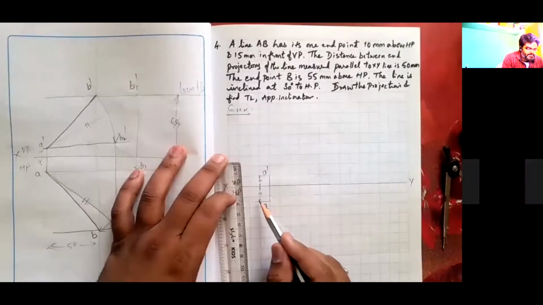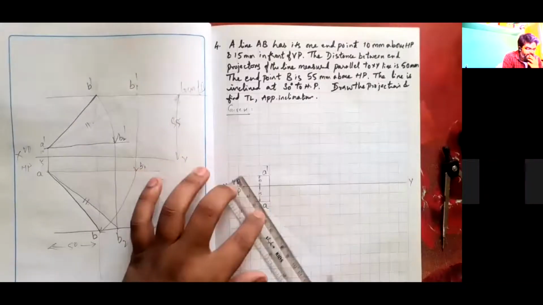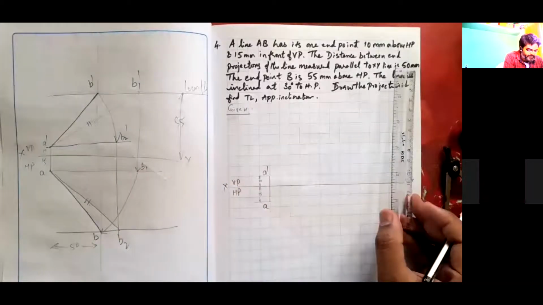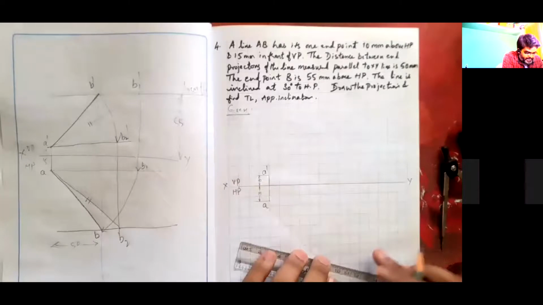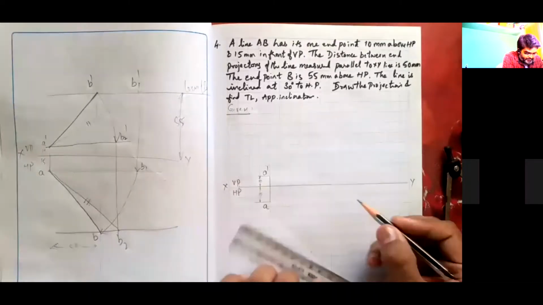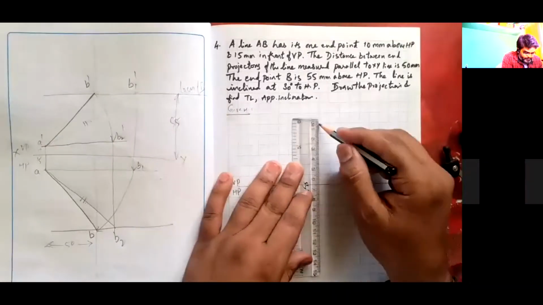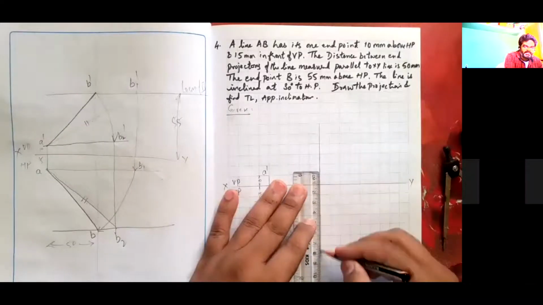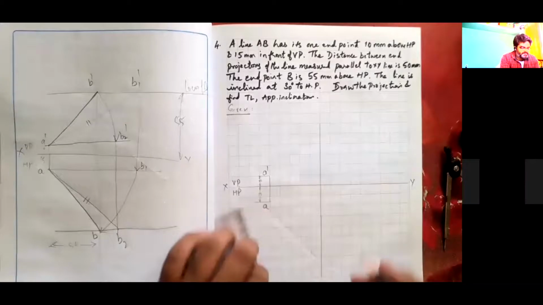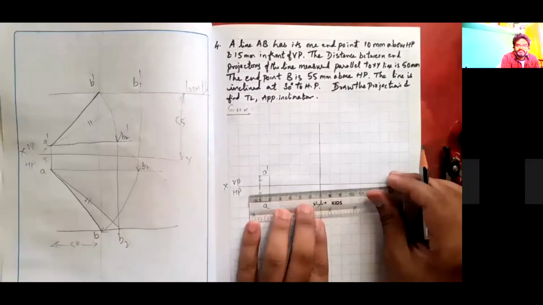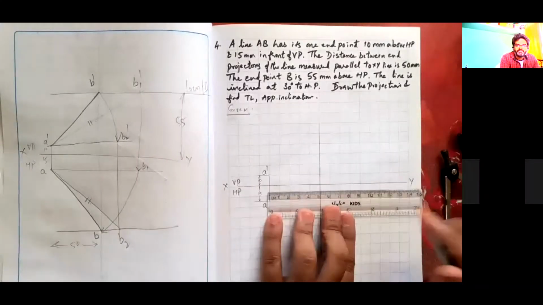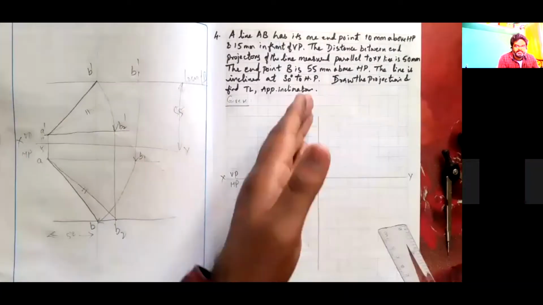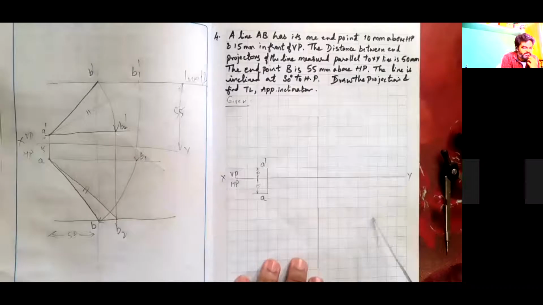So next thing is 50 mm. See, 50 mm. I'm going to draw a distance between end projector lines: 1, 2, 3, 4, 5. So 50 mm. I'm going to draw a line here somewhere. I just drew a line which is the distance between end projectors. Distance between end projectors is 50 mm. 5 boxes, directly I have drawn a line. I will not dimension now. I will complete the drawing and then dimension it. So 55 mm above HP.